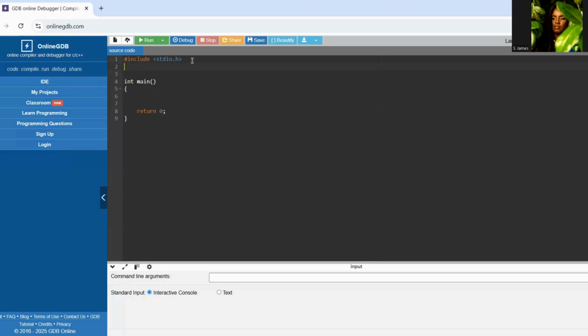So at this point, what we would do is declare the data type for the function. If you know that the user is going to enter decimal values, then you would have double. If you want the user to enter integers, then you would write int. So I'm going to go with int